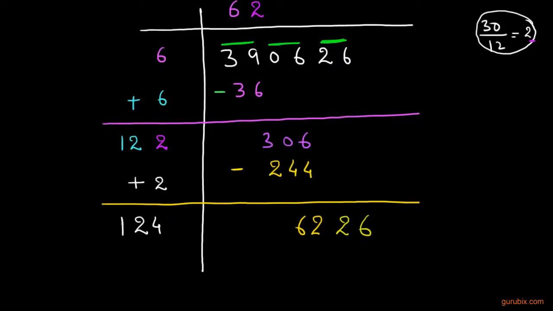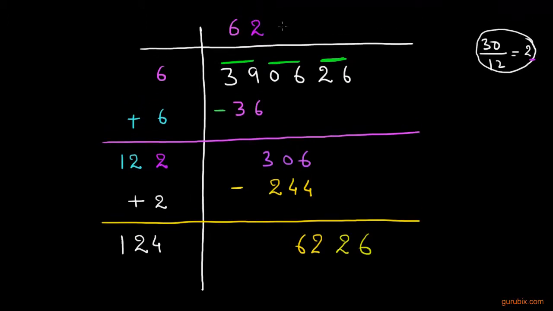Now our work is to find the next digit in the quotient. And how can we do it? We shall keep this unit digit aside and take the number 622 right here, and we shall divide this 622 by this 124,